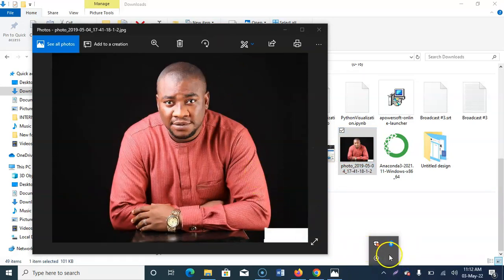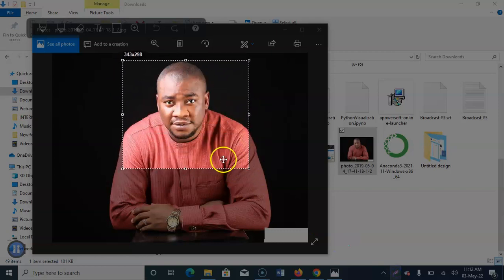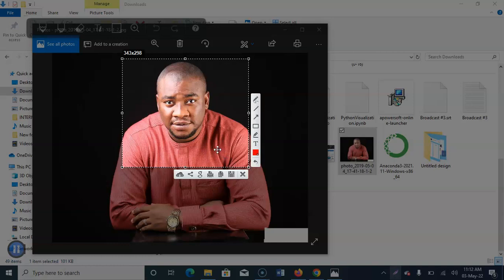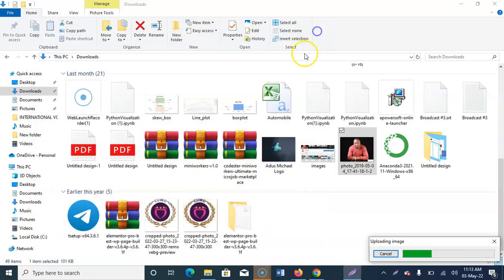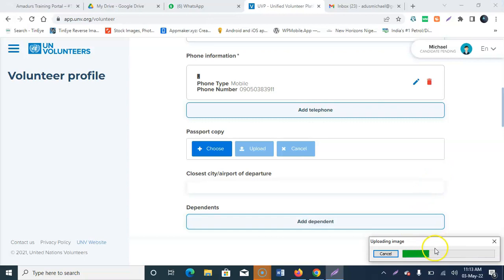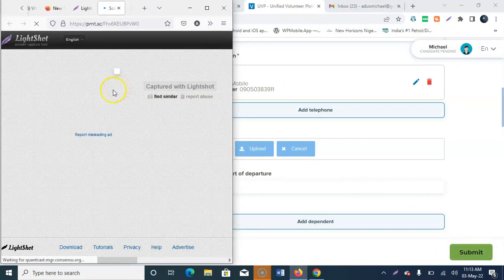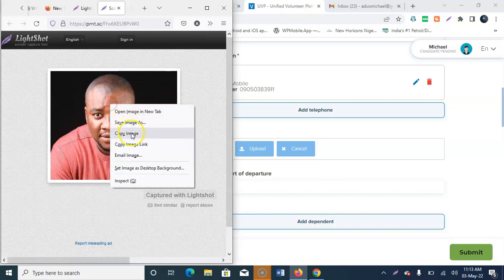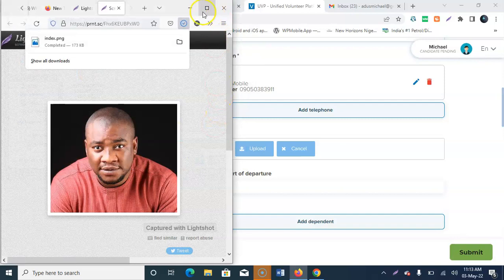All right. So I want to crop this picture to make it passport-like. That's what they ask for, passport. So I say yep. I have a passport right now, so I can actually take that. So here, this is a passport. Then I can now save it in case you want to do something like that.